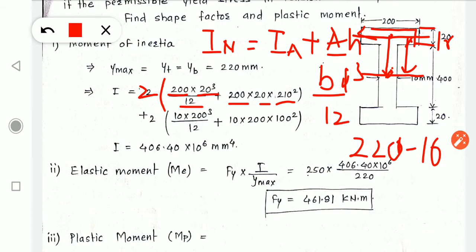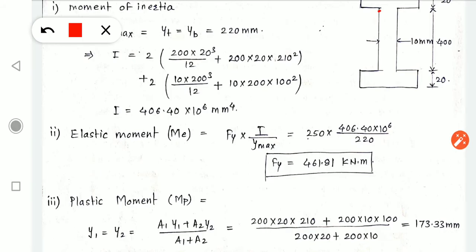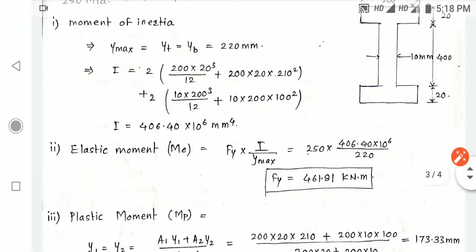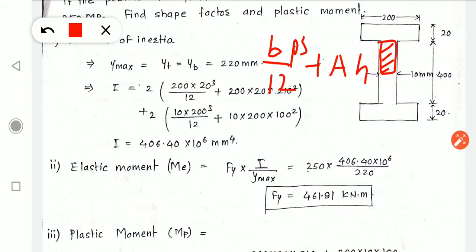Next, I am now taking this rectangular section, and for this rectangular section, first we need to take BD cube by 12 plus area into h square. So let's start. I am doing it for both of the rectangular sections. I will analyze it for one and multiply it by two so that I cover the whole I section. So twice of